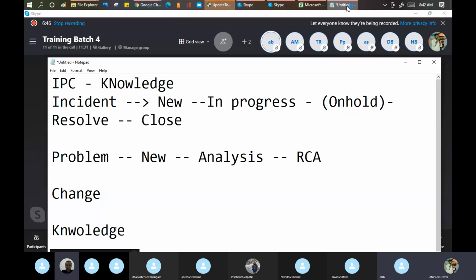There are many techniques to do that part. I will not go into those techniques or into the process level, because that is not part of ServiceNow. That is specifically the ITIL training's part. Okay, so here the RCA has been started. Now when RCA has been started, suppose, let's say an example.